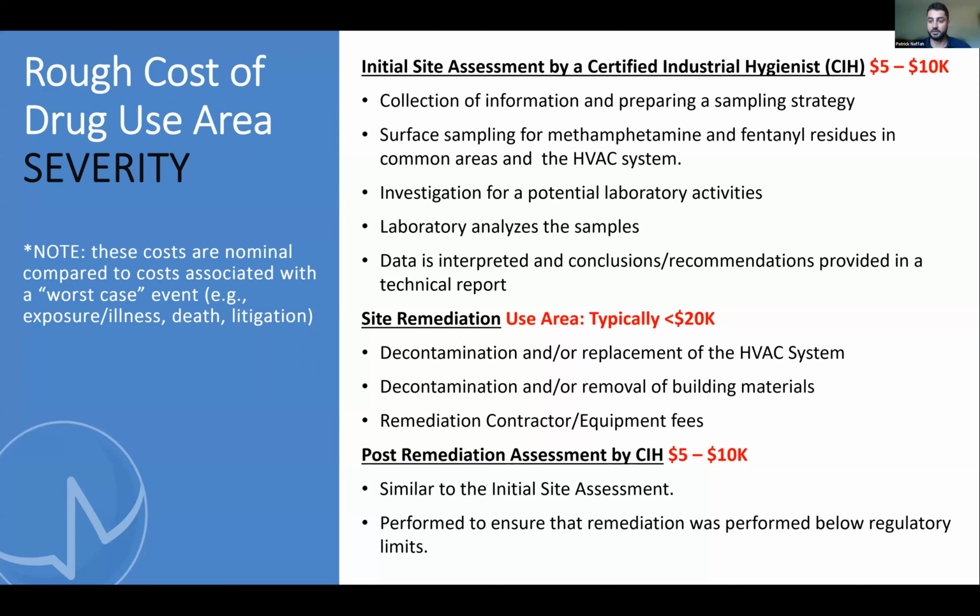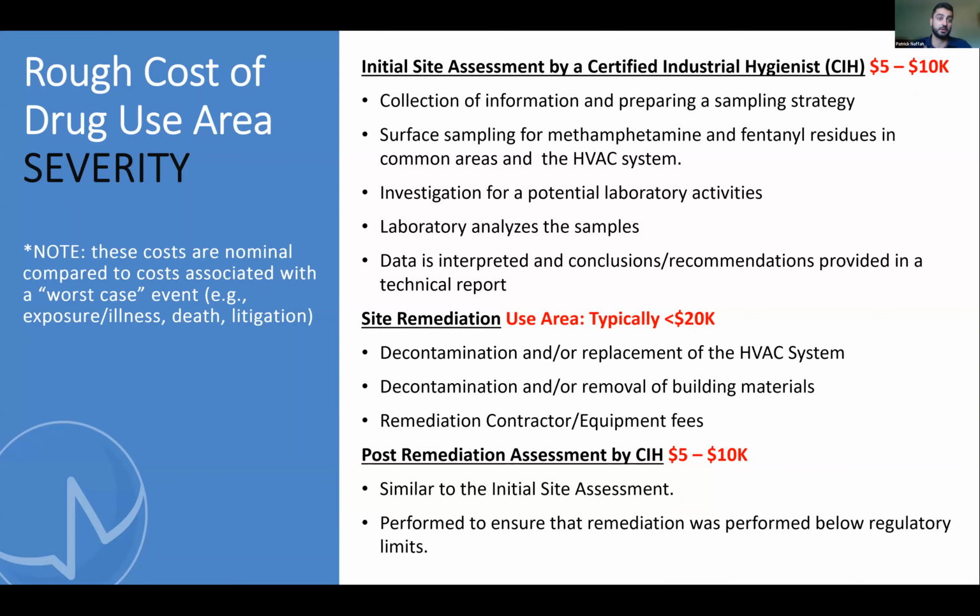So Jay has a question as well. Are there any follow-up testing requirements after the initial test? We always recommend it. If there's a use area where someone's smoking, usually you would want to do an initial test to characterize where and how much the drugs are. And then once it's been remediated, you do a follow-up assessment and resample to validate that it's been remediated effectively to below regulatory limits. In California, there's specific limits as to how much can be on a surface, and that it's now safe for occupancy.